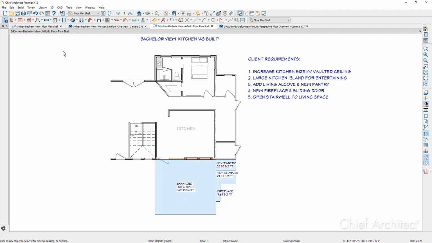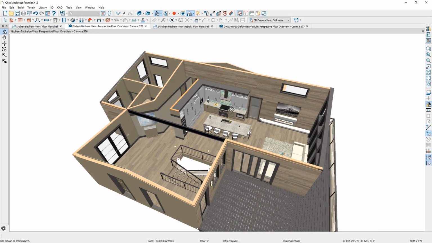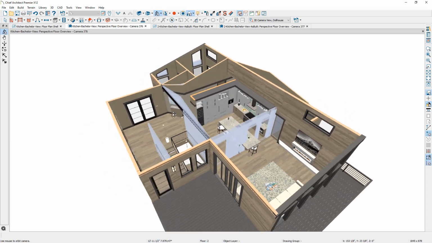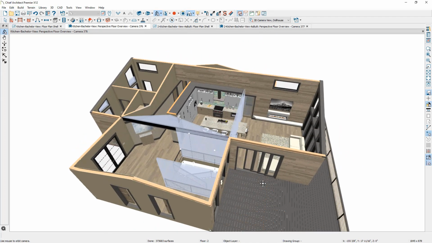If you look at the completed floor plan, this is what we'll get to in the seminar, and then when you take a look at it in the 3D view, you can see the new space. And then if I toggle on my reference display, you can see the previous space with the expansion down towards the bottom of the screen and also what we've done with the stairwell. So let's go in and begin the process.